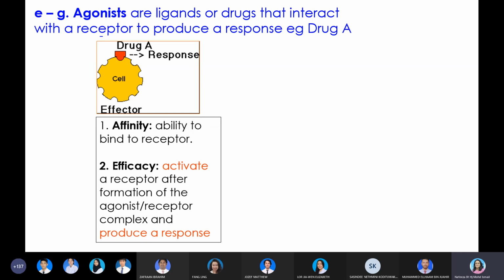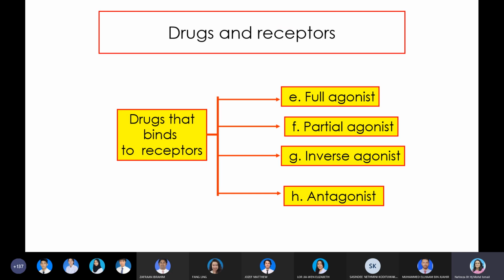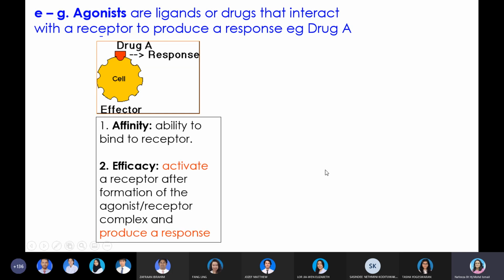If there is no activation of the receptor, we say the drug has no efficacy. Now, of the following, which sort of drug